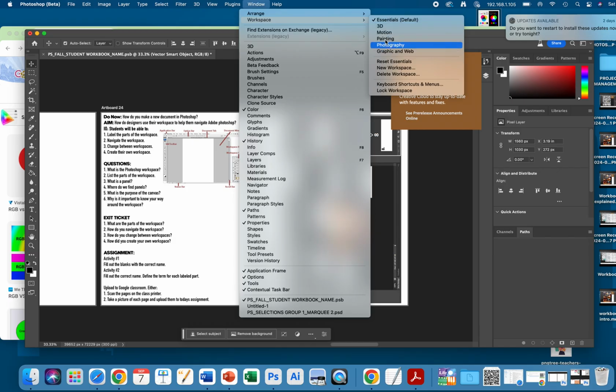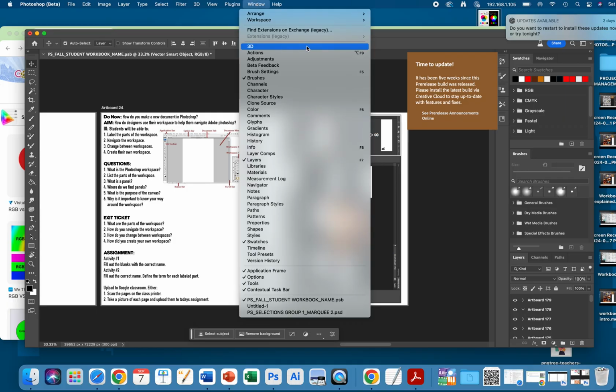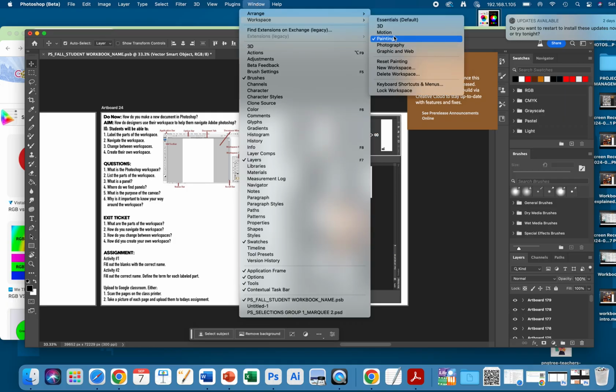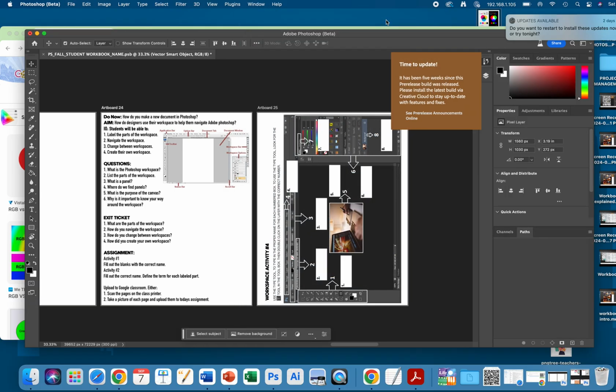So depending on if you're focusing on painting or photography or graphics, you can change between them. I personally usually stick to defaults, which is Essentials, but there have been times where I create my own workspace and only have panels that I normally would use. Most of the panels you see right now on my screen are panels that I very rarely use. Okay, I can't say I don't use them. I definitely use the Properties panel and, like I said, the Layers panel, but the rest of them I use